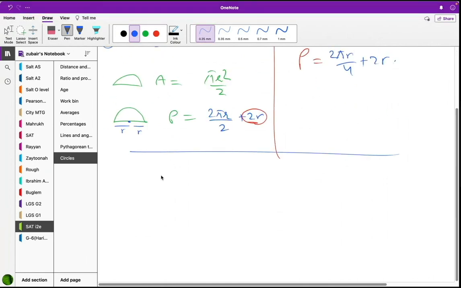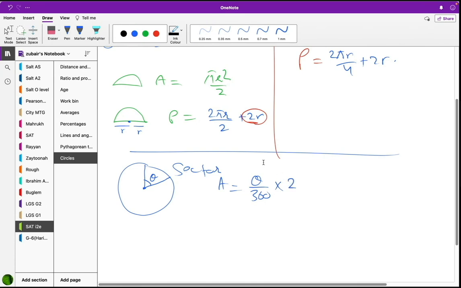And one last thing, sector. So area is angle over 360 times pi r squared. Sorry, pi r squared. Are you trying to find the area or the perimeter of a sector? Area. Oh yeah. And perimeter is